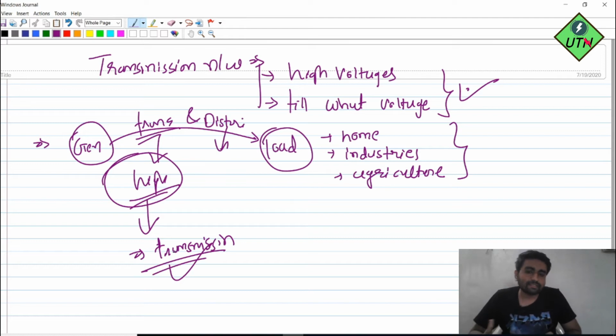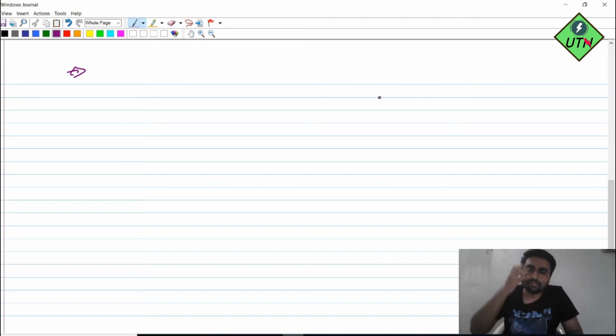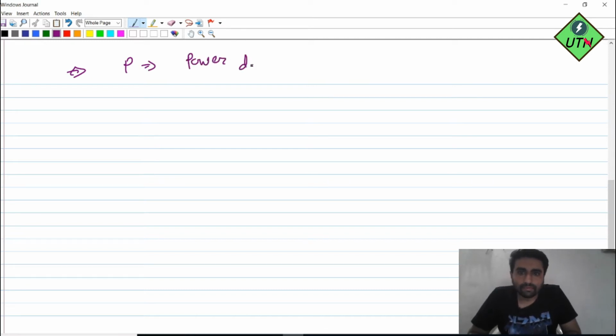So for that let us take a particular system, a multi-phase system. Basically in India we have a three-phase system. In three phase we are transmitting the power, and in some cases we may have six phases also. Three phases are going parallelly. So we take an example in which we are transmitting P power, where P is the power that is delivered